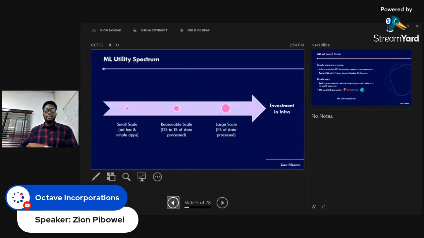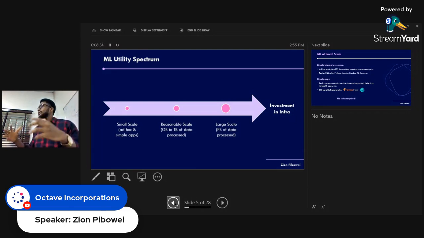So the first part: how companies use machine learning. In the industry, machine learning is used at various scales. We have small organizations that use machine learning at a very small scale. They work with megabytes to gigabytes of data, maybe building for internal use cases, or for pet projects, like your own side machine learning project. You're working with minimal data, and your model is not going to be served to thousands or millions of users. Maybe you just want to show dozens of people, your friends or your peers, or showcase your project in interviews. So this is small scale.